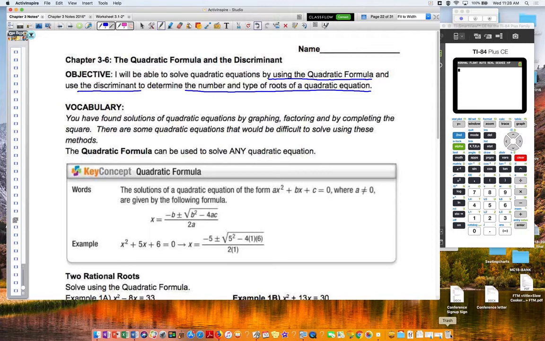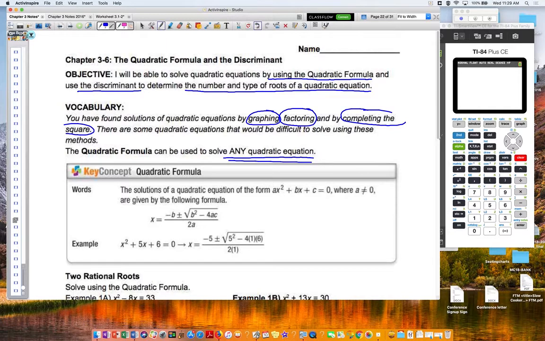So, if we take a look here in the vocabulary, this is what we basically have been doing in all of Chapter 3. We have found the solutions by graphing. That was in 3.1 and 3.2. We've also been doing them by factoring. That was 3.4. Yesterday, we did it by completing the square, 3.5. You might be saying, well, what about 3.3? 3.3 was all the imaginary, so some of our solutions could be those imaginary numbers. So we can solve any quadratic equation